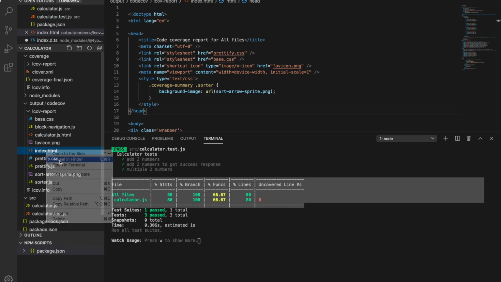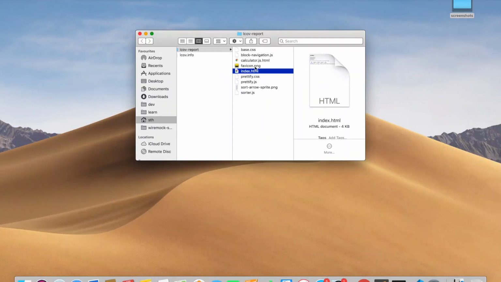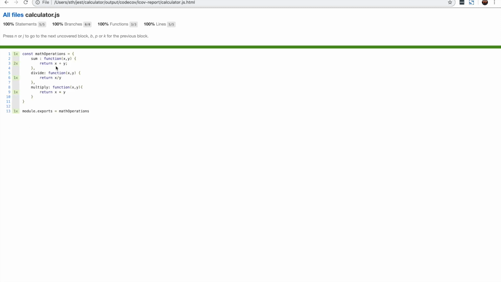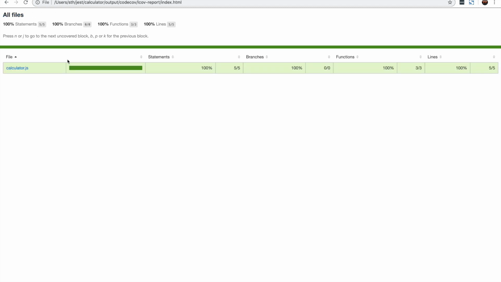If I open this file here, you can see that it has shown me a coverage report generated in HTML format. If I click here, it says this is the actual file, and it's saying that everything is 100% covered here.